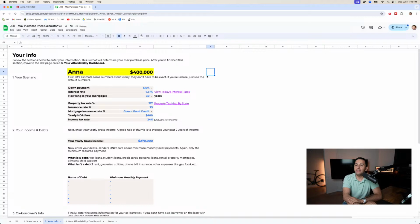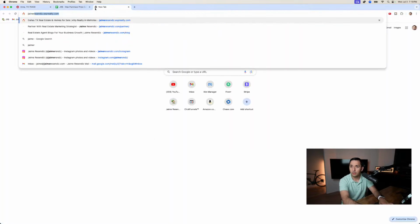Now, oftentimes when we start talking about numbers this high, it's hard for us to conceptualize how much home we can actually purchase. We hear 400,000, it might as well be 800,000. Visually, we have a hard time understanding what that translates into in terms of what that house actually looks like. So what we're going to do is go to my website,